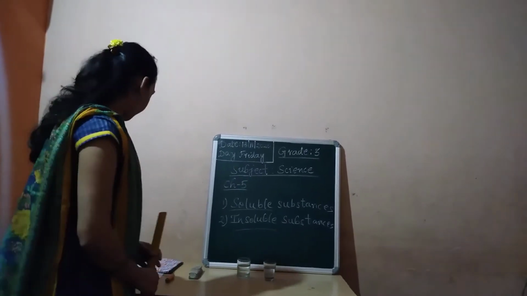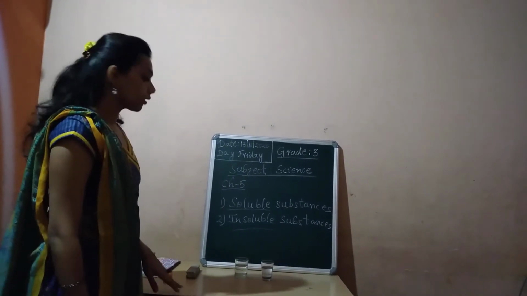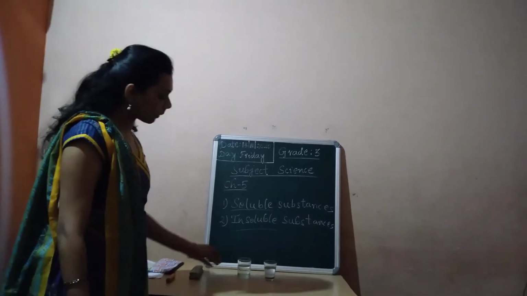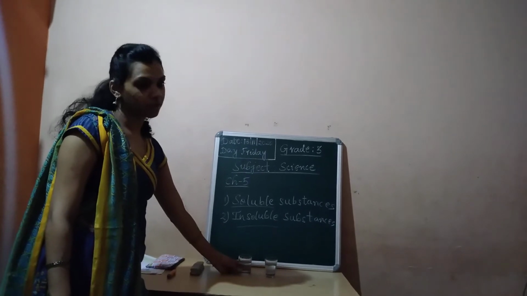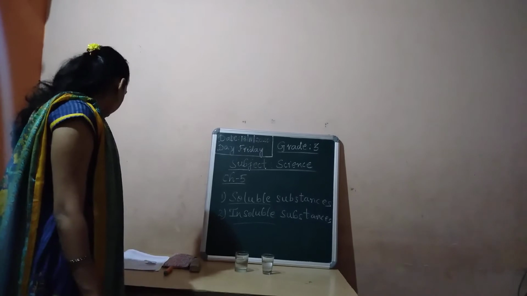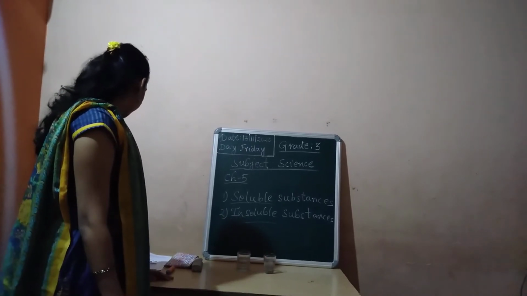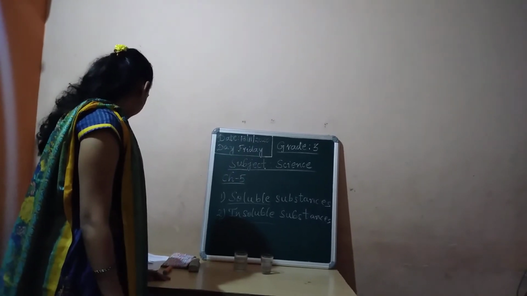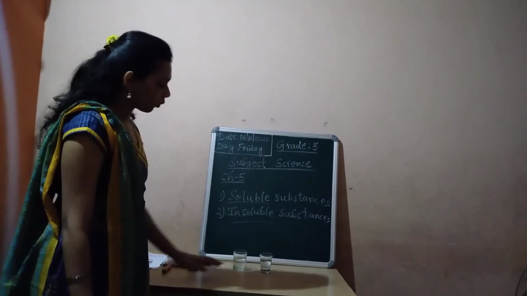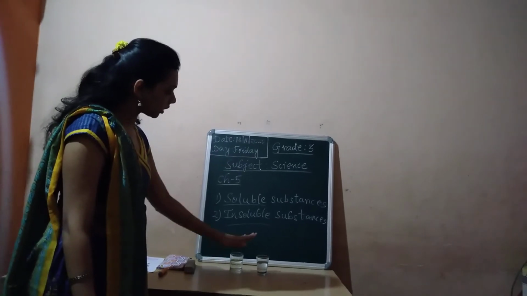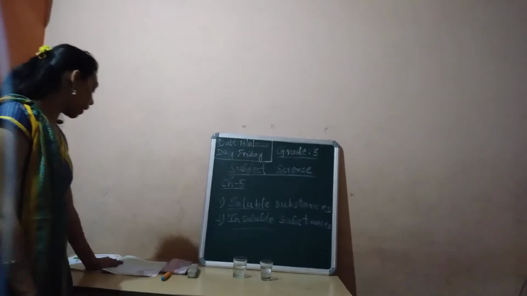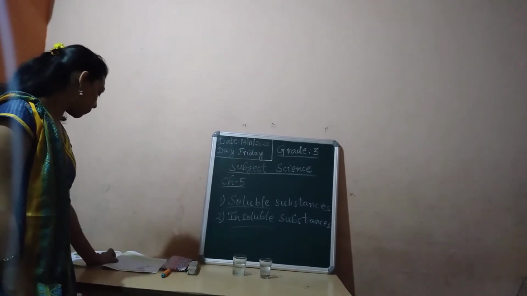Okay, for example, salt, sugar, glucose, coffee, honey, all these are examples of soluble substances which get dissolved. Whereas in insoluble substances, the examples we can give are sand and mud. These will not get dissolved in water. These are soluble substances, these are insoluble substances. Okay, this is just the introduction of chapter 5. I have just told you.